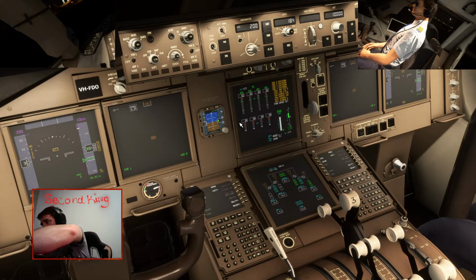I have no idea if this is working. No idea at all. Is it working?